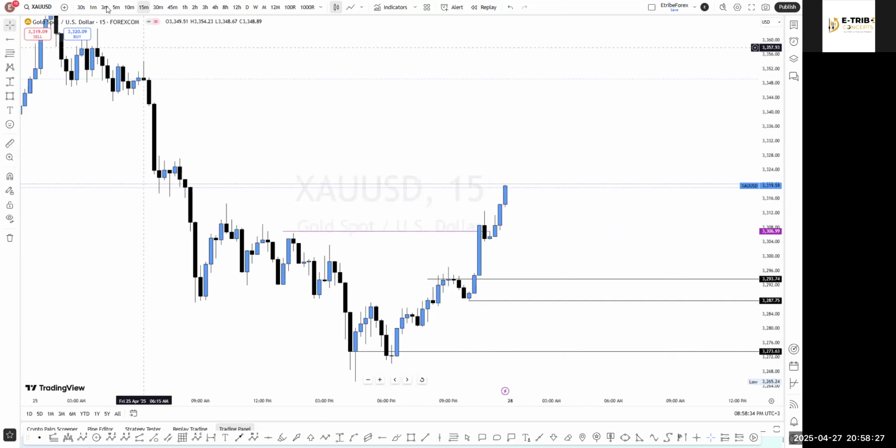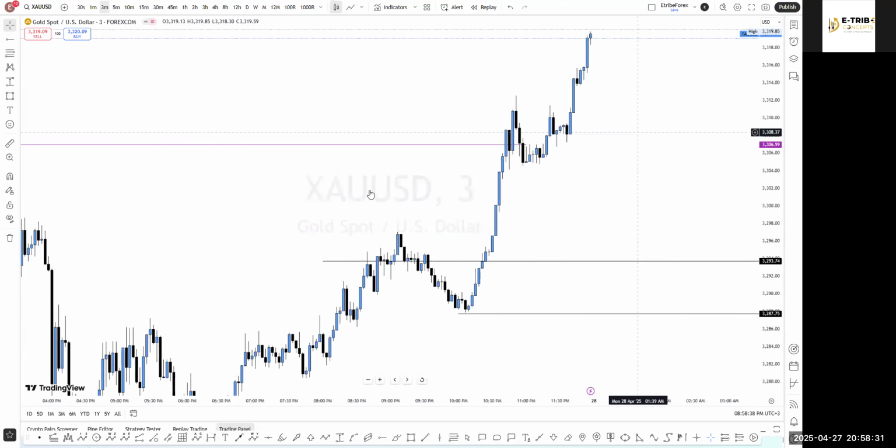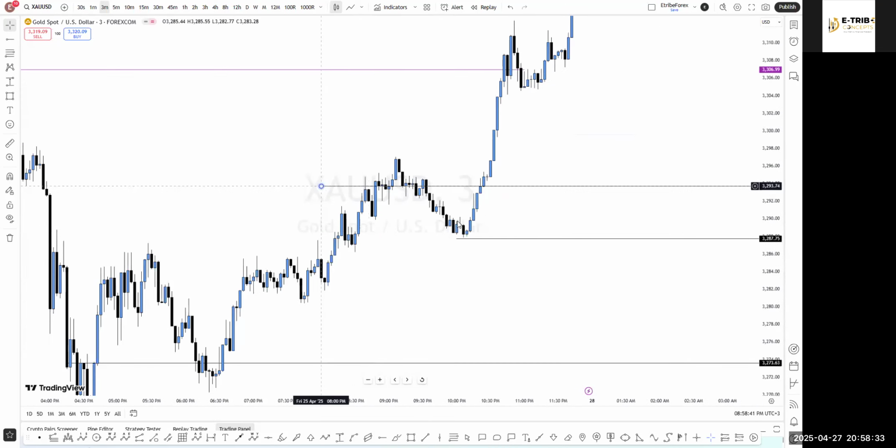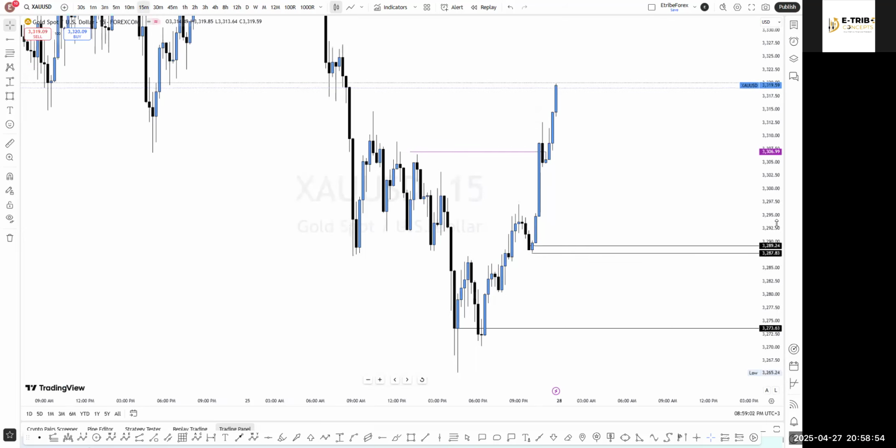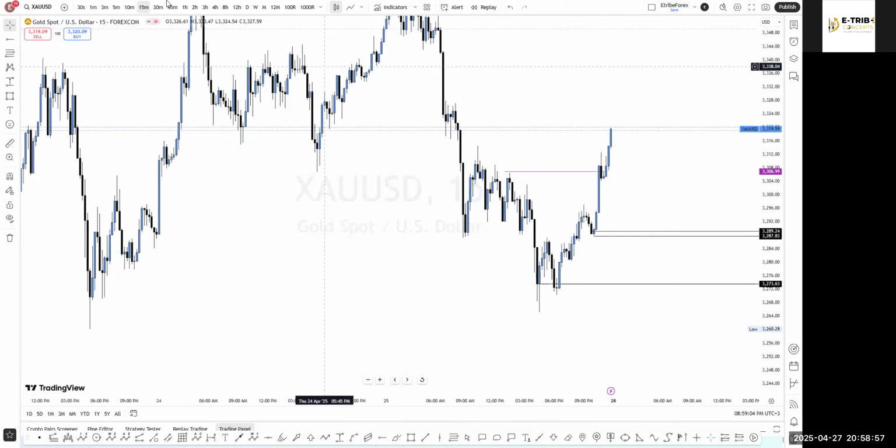Of course, with the refinement, we're going to have our entry on this liquidity engineering here. And boom, that's my first area of interest to look for buys from. Look at what we have here. That's like 15 pips, so you can have a stop loss of up to 20 pips. My first entry to buy for gold will be there, and I'll be using 1 hour to take my